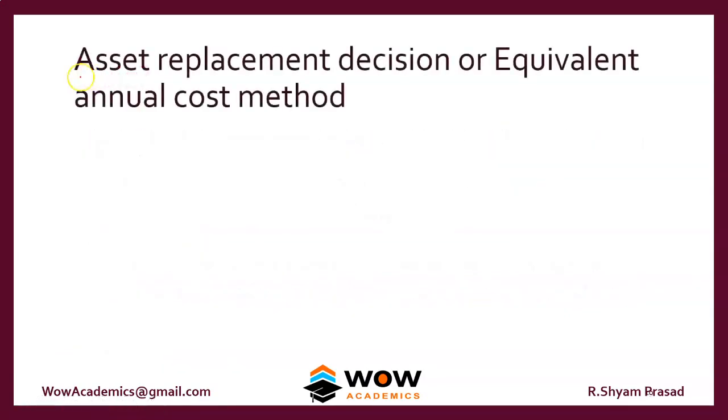So we look at what is an asset replacement decision, or the equivalent annual cost method. An asset replacement decision is used when a company has to choose a machinery which has a different lifetime. For example, there might be a machine which has a 2 year life, or a 3 year life, or a 5 year life. So which machine has to be chosen, because each machine will have its own maintenance